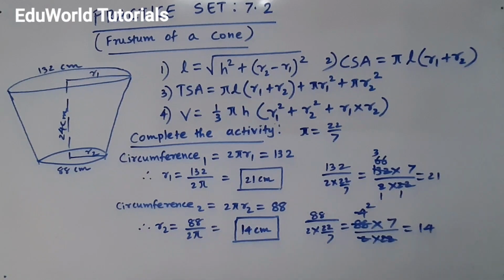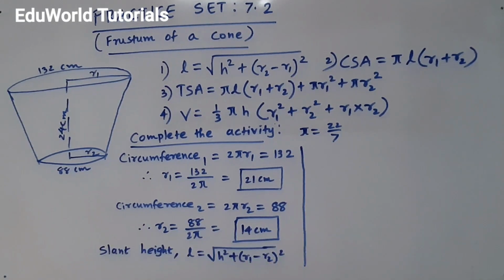These two boxes we have to fill. Okay. After that, we have to further write about the activity. What is the next step? So now they have given first length, height. Formula: L is equal to under square root h square plus difference of the two radii the whole squared.